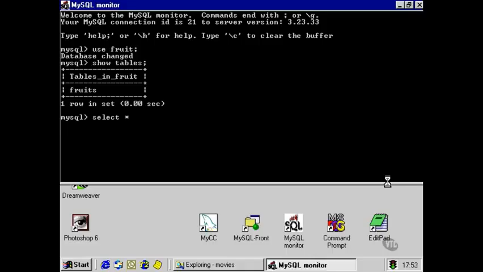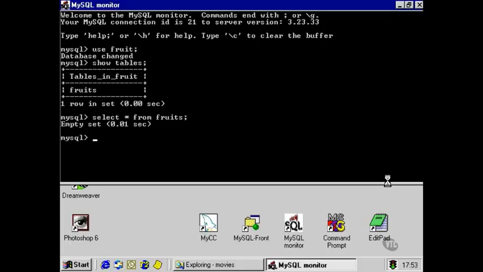We can use an asterisk if we want to view all the columns from the table. Then we specify from and then the table name, in this case fruits, followed by a semicolon. As we can see, empty set, there's no data at all in the fruits table